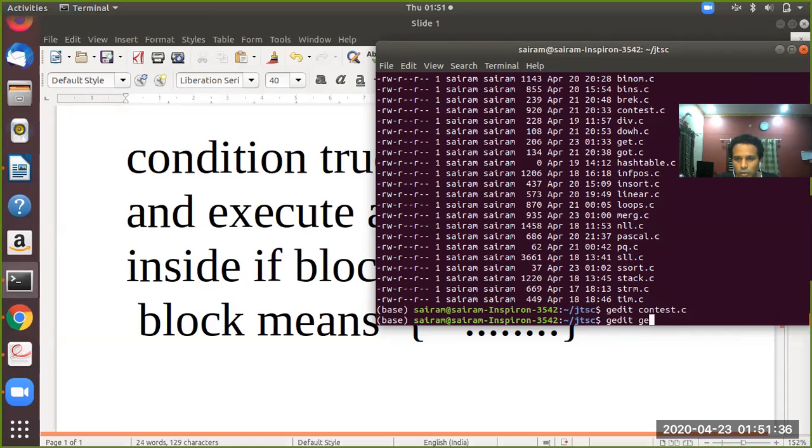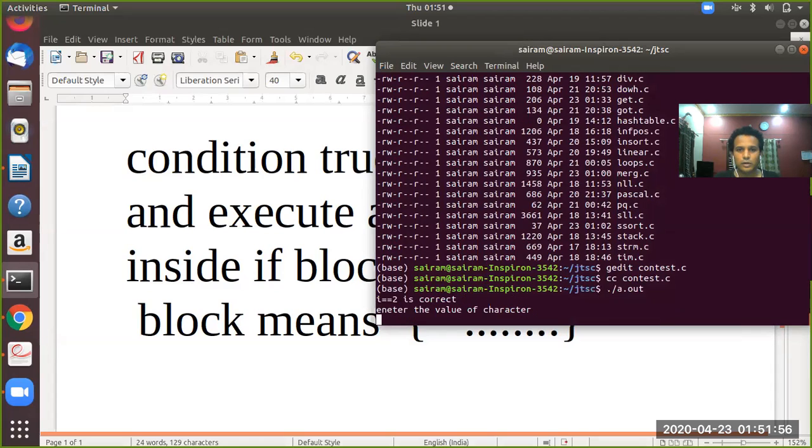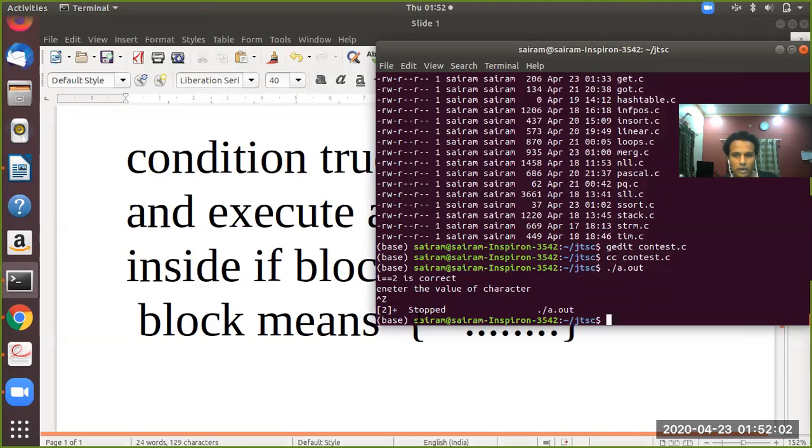To compile the program, cc contest.c. Compilation is done properly. That's why it moved to the next prompt. So is it showing? I is equal to 2 is correct. Yeah. So fine, we'll get back to this.